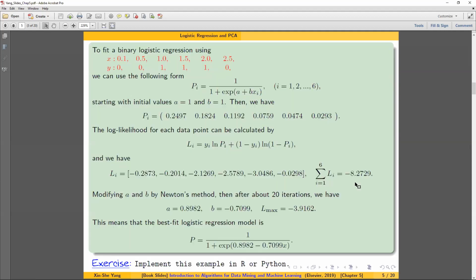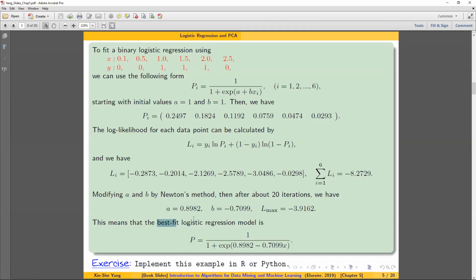No, we haven't done any log yet here, so we're really talking about L itself. So this L max becomes negative 3.91 after 20 iterations. After 20 iterations, we know it converges. We have our A and B and the corresponding L max, so that we can come back with the best